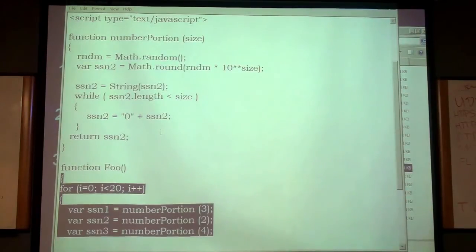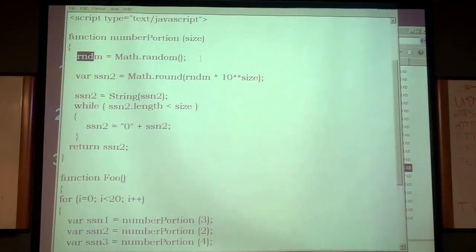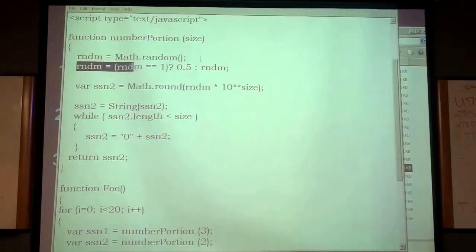So as we go towards perfection, I'd like to make sure that this number is not 1 and not 0 here, right? Remember, I talked about that, but we never implemented it. So I'm going to do that. I'm using the ternary operator, saying equals 1. In case it equals 1, I'd like to say it's equal to 0.5. Otherwise, it's RNDM. Or in the case of 0,